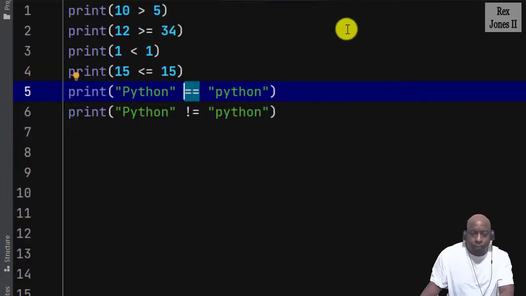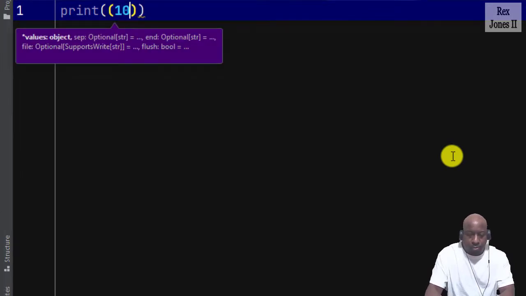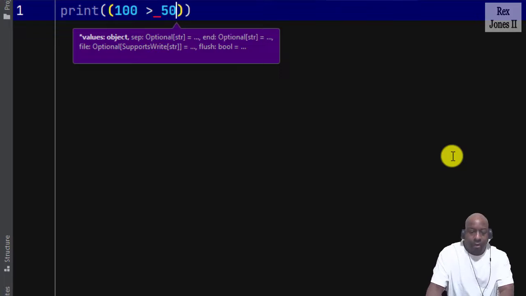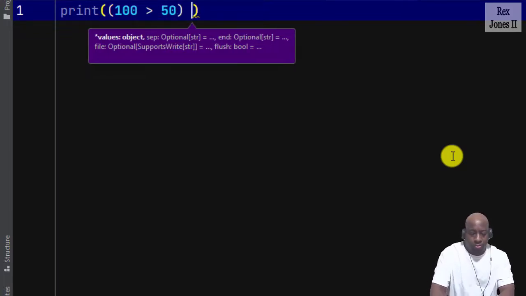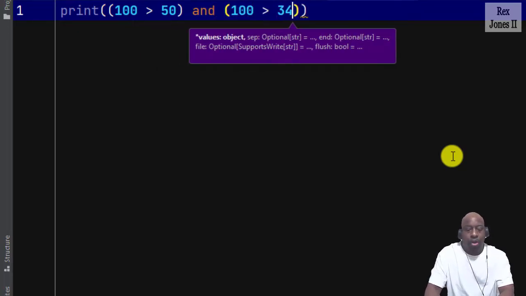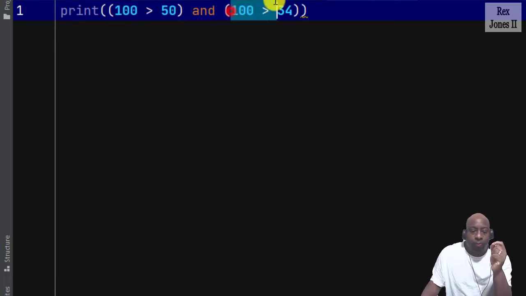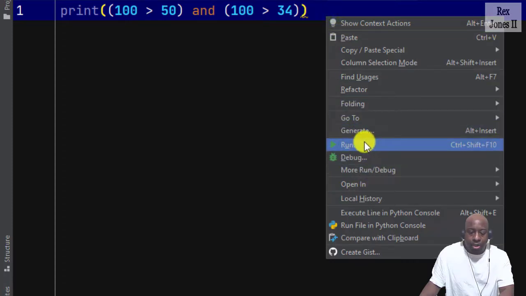In the IDE, we can print 100 is greater than 50, and 100 is greater than 34. The interpreter will evaluate from left to right. First, is 100 greater than 50? Yes, so that's true. And is 100 greater than 34? That's also yes. Therefore, both statements are true. So the console